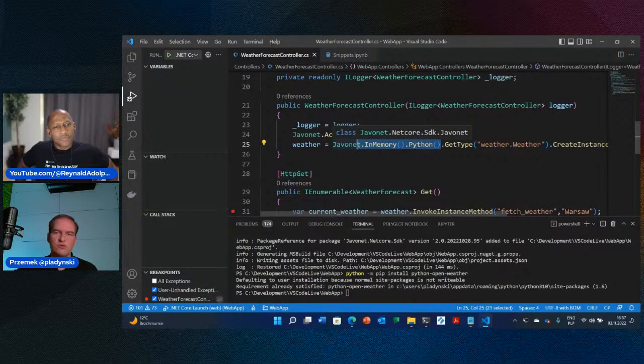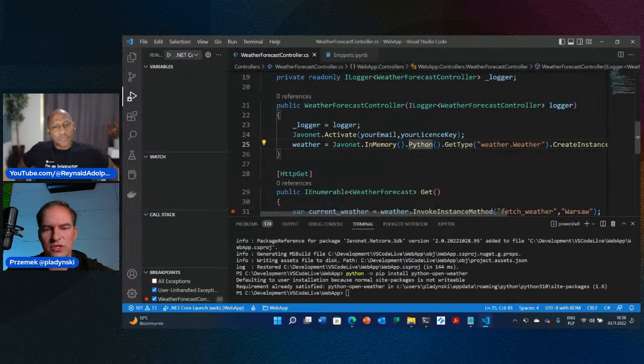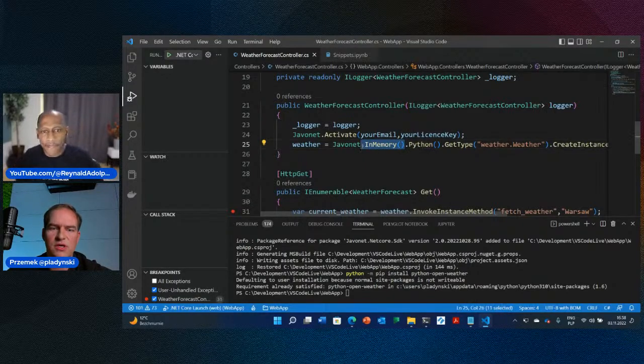You can have Java on one machine, .NET on the other, and for example, Python in memory. So it's up to you to make any mix of that. And that gives a great flexibility of scaling out the application and switching into the microservices architecture from the monolithical one with one change of a word. So we can see it here.